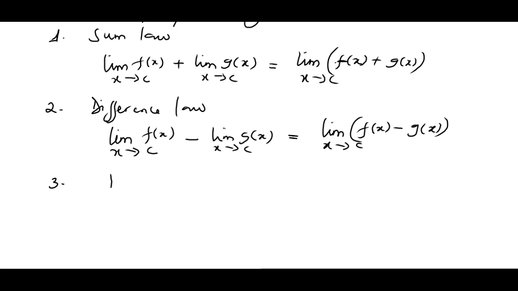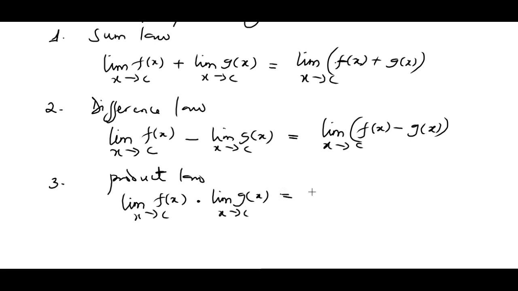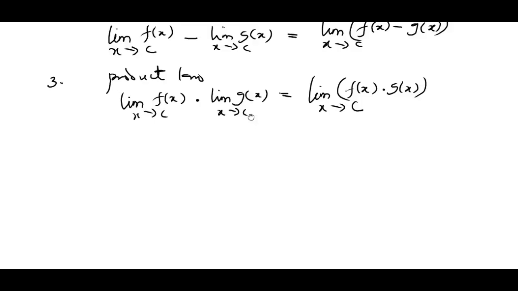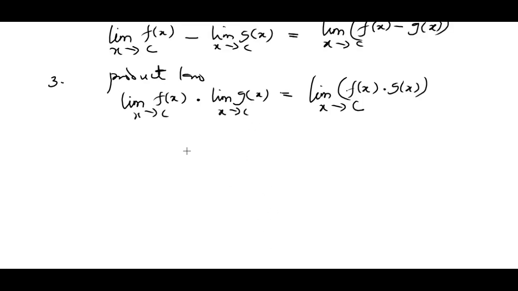The third one is the product law. The product law of limit. If you have lim f of x as x tends to c multiplied by lim g of x as x tends to c, you can simply have the limits of their products, alright, as x tends to c. So the fourth one